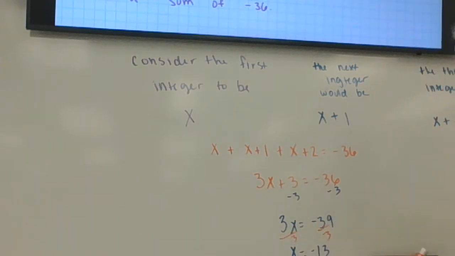So this time it's negative 13. We're not going to make the same mistake. What will the next one be? Negative 12 and negative 11. Last time I wrote 14